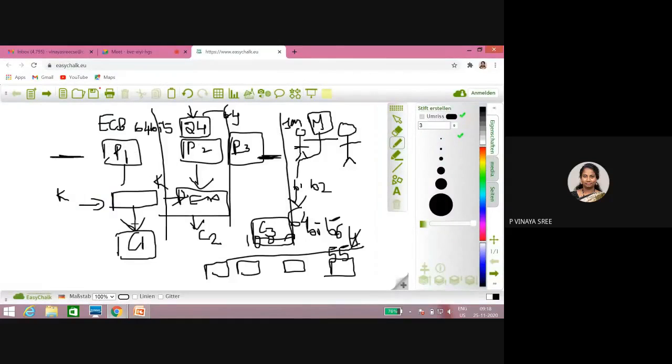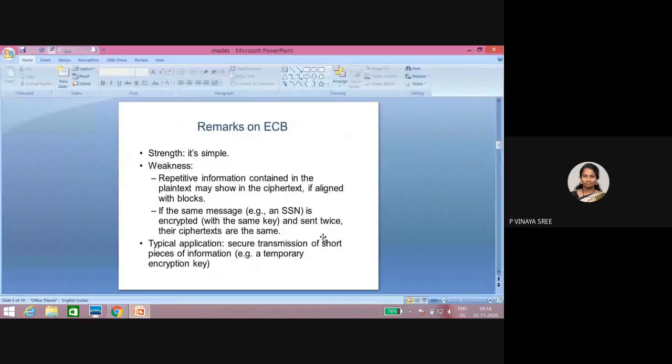What happens is we will get the same ciphertext. That's a problem. The applications of this are secure transmission of short messages, and for temporary use we will use ECB, which is not so secure.